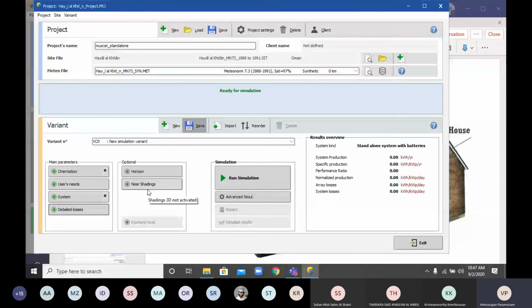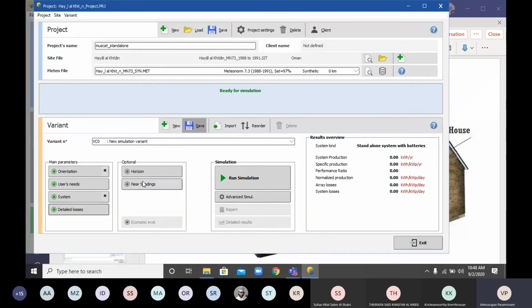For example, yesterday we discussed shading. What are the problems in a solar panel? Shading is a problem. As far as the solar panel, maximum lifetime is 25 to 30 years. But after 30 years also we can use solar panels, no problem, but the efficiency will go down. Up to 25 to 30 years the efficiency is good. Another thing, shading: you fix the solar panel in a particular place, and some shadings are there.